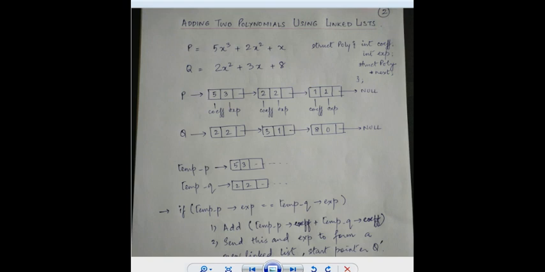This lecture will discuss application of linked list. We'll take one specific example. Rest of the applications I have left as an assignment for you. So one of the applications of linked list is that we can add two polynomials where each polynomial is represented